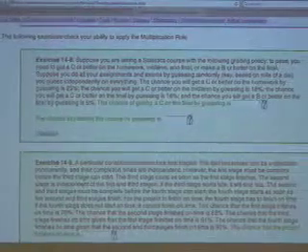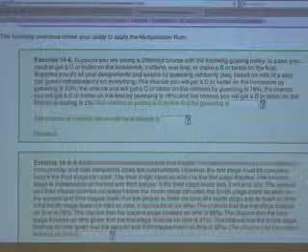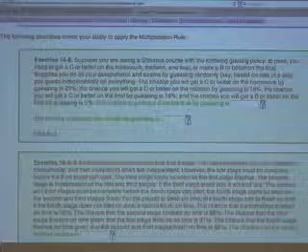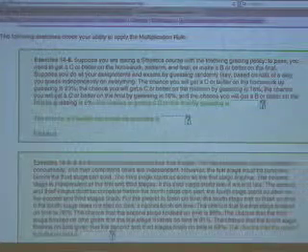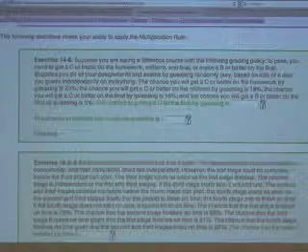Let's suppose the chance that you can get a C or better on the homework by guessing is 23%. Chance you get a C or better on the midterm by guessing is 18%. And the chance you get a C or better on the final by guessing is 16%. And finally, the chance you get a B or better on the final by guessing is 5%.